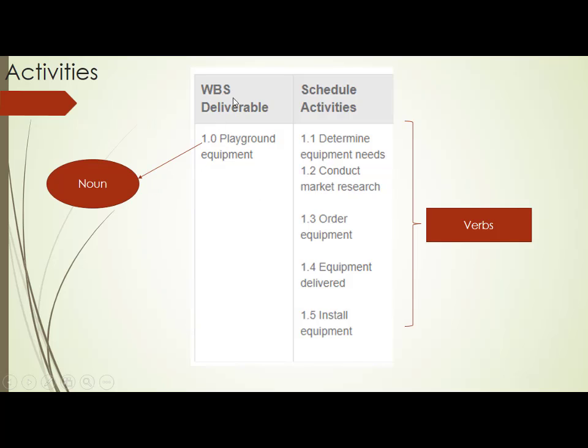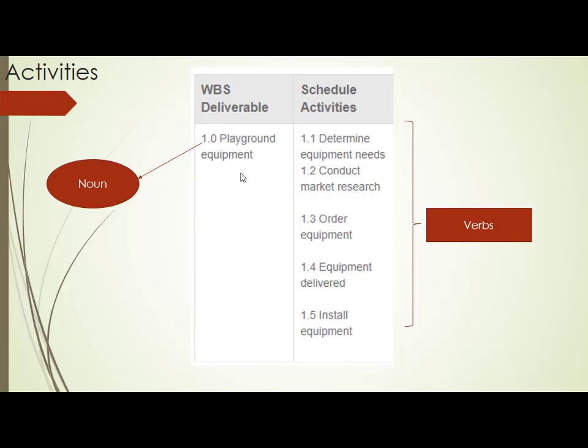See, there is a WBS deliverable called playground equipment. So let's say that somebody is actually constructing a stadium. The project is building up a stadium or a playground. Now when you want to build a stadium or a playground, there are so many sub projects in it. One of the work packages in that entire project is playground equipment.